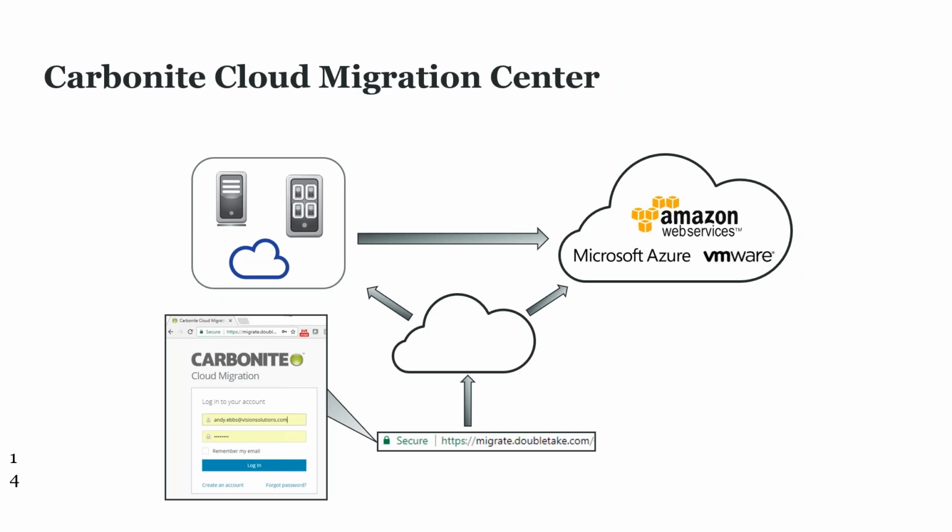You go to a website, it's migrate.doubletake.com. You create an account on there with your own credentials so you can save your settings. And then we have the ability to discover machines in your live environment, whether physical, virtual, or cloud. We can push our agent out into those machines. We can discover the processor count, memory, and version of Windows, and automatically suggest suitably sized machines in Amazon